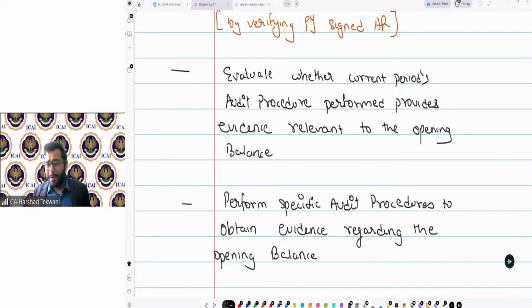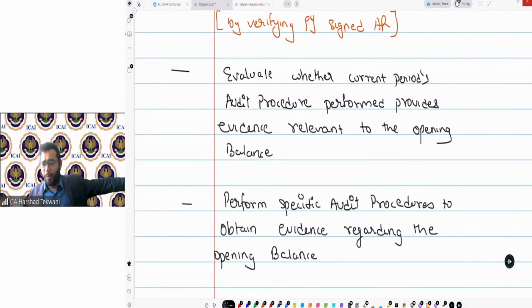When I used to audit in my articleship days, my seniors used to tell me, do smart audit. When I say smart audit, it means think of how you can get maximum audit evidence of higher reliability with the given set of audit procedures. How you can tweak the audit procedures to get maximum audit evidence from that. That is a smart audit.